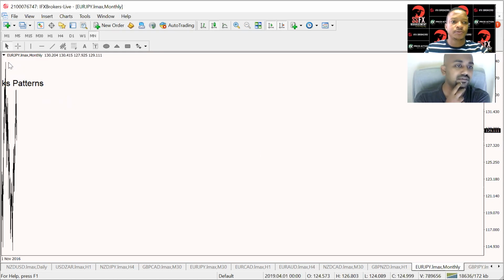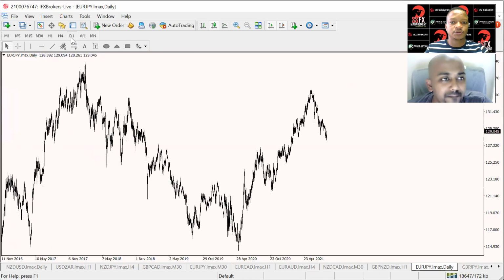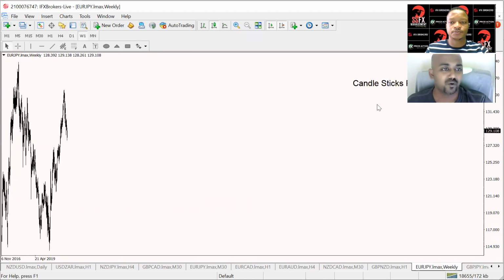Candlestick patterns. Can you see it on your side? I don't see it here. Oh, I can see candlestick patterns. Yeah, I can see that. Okay, now I don't see candlestick. Yes, I can see that. Okay, yeah, I'm trying to pull it to the middle, but I keep failing,